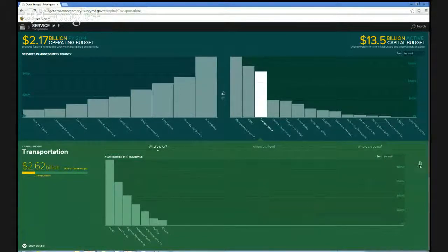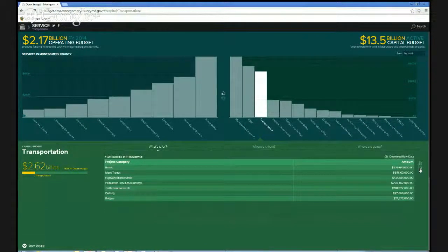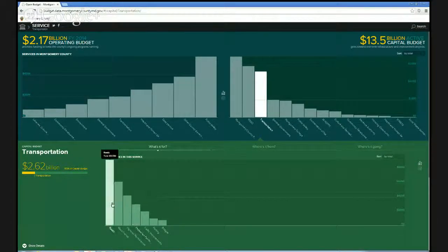But Victoria brings up a good point. Right now we're in the chart view, which has the bar graphs that I'm hovering over. Each one of these sections also has a table view in case you just wanted to get the raw numbers. And there you can see how much money's been allocated for each, at this point, projects within transportation. There's also a link here where you can click to download the raw data. I think you get a CSV format, which you can open up in Excel or pretty much anything, even TextPad. But to go back to the demo,